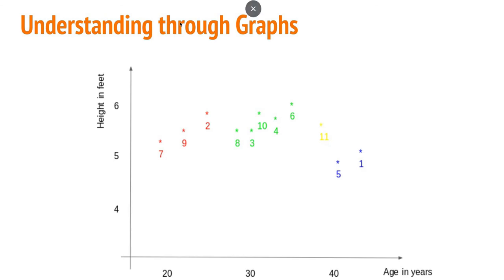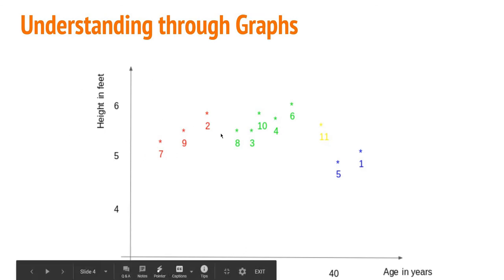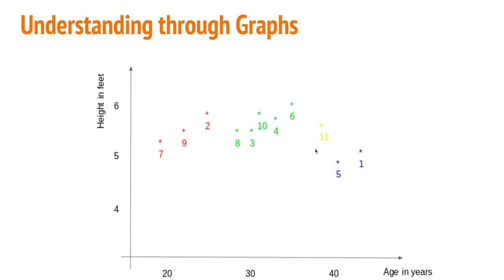So let us understand it graphically. Here we have the age versus height graph, and you can see that all the 11 IDs are plotted in this graph, and you can see that 1, 5 and 6 can be treated as neighbors for 11. So we will select these, take the weights of all of them, and average them, and say that for the 11th ID, the average of these three will be the weight.